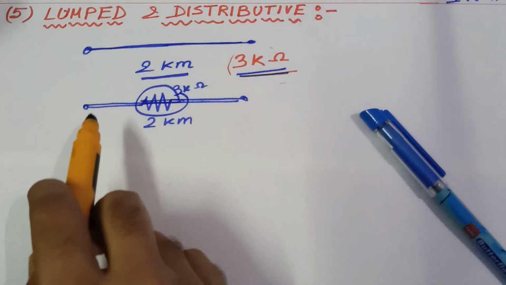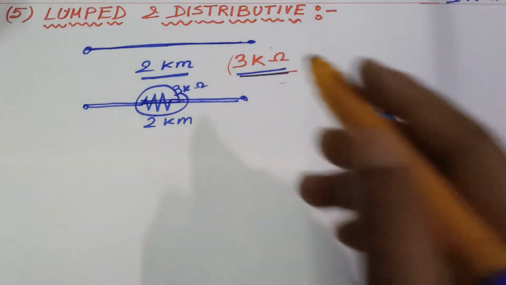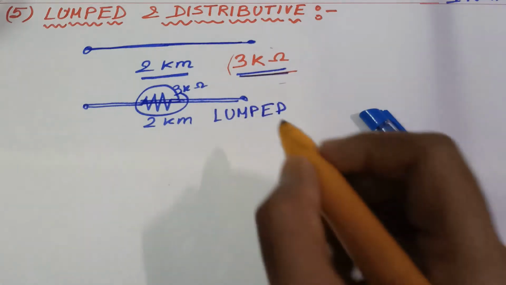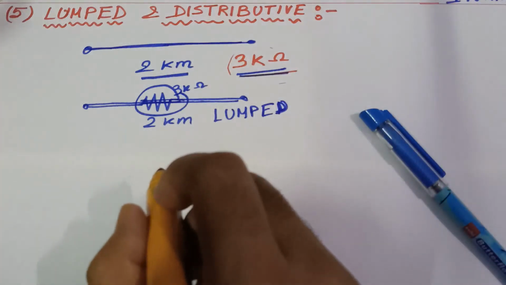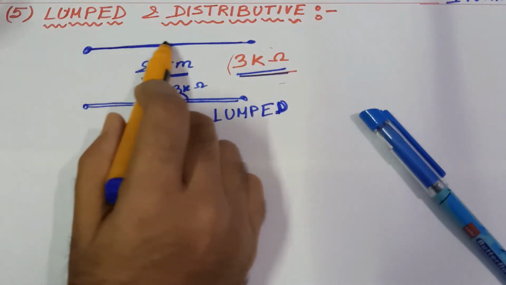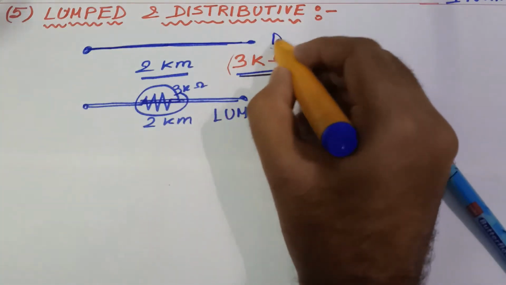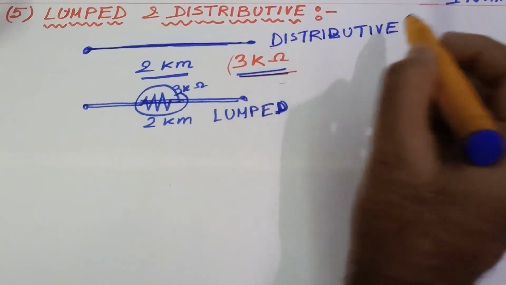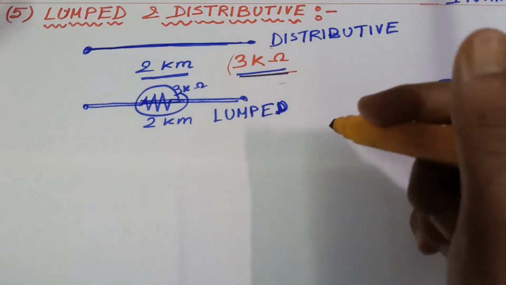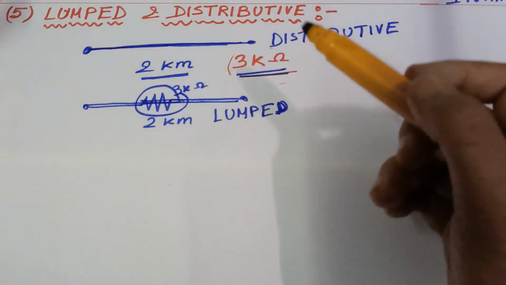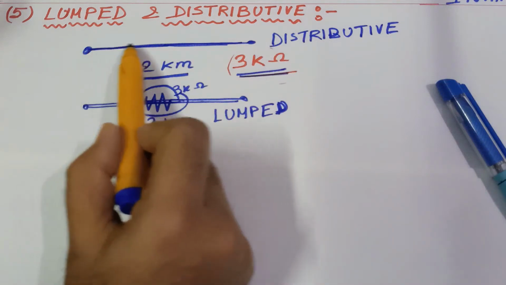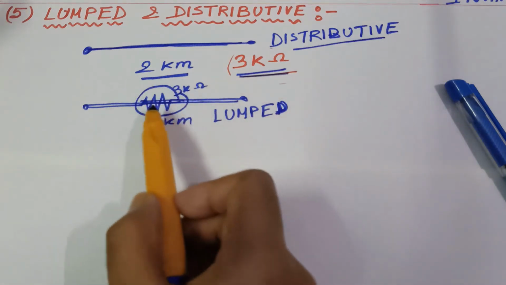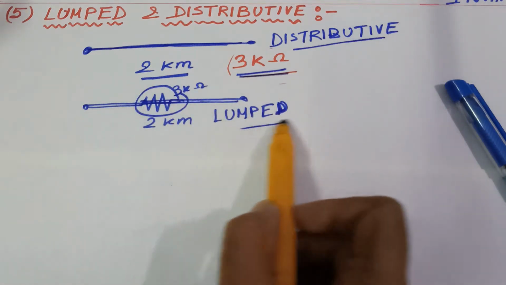Okay, now if you show the symbol like this, it is called lumped. Okay, lumped element, lumped. But if you are telling that the resistance is distributed over this whole length, then it is distributive. Okay, there is no relation with the VI characteristics. This is just the simple representation. So if you are distributing the whole the resistance in the whole length, it is distributive element. And if you are showing the element by a symbol in a path, then it is lumped.